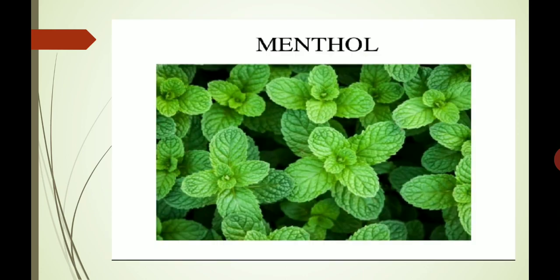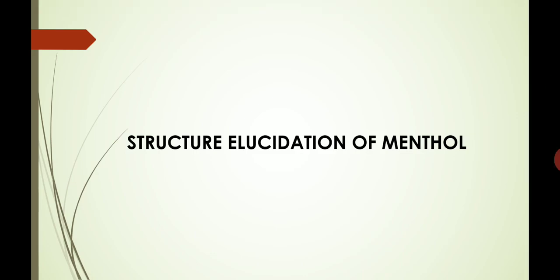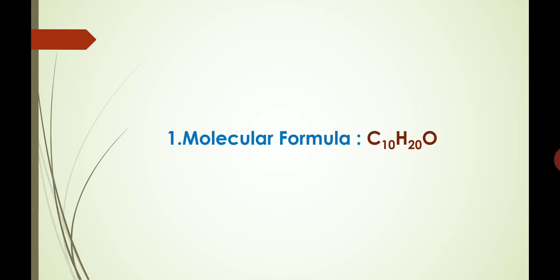Menthol constitutes 50 to 60% of peppermint oil, that is Mentha piperita. Menthone obtained by the oxidation of menthol also occurs naturally. For example, in the essential oils of peppermint up to 35%, geranium and pennyroyal, mainly in the minus form, that is in the levo form. They are also used as antiseptic and as flavoring agents. Now we will see how to elucidate the structure of menthol.